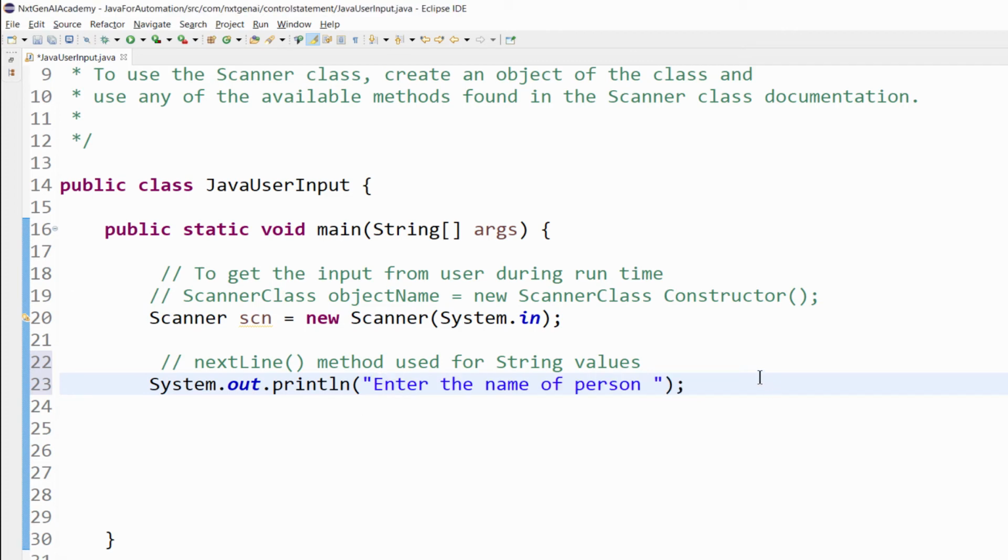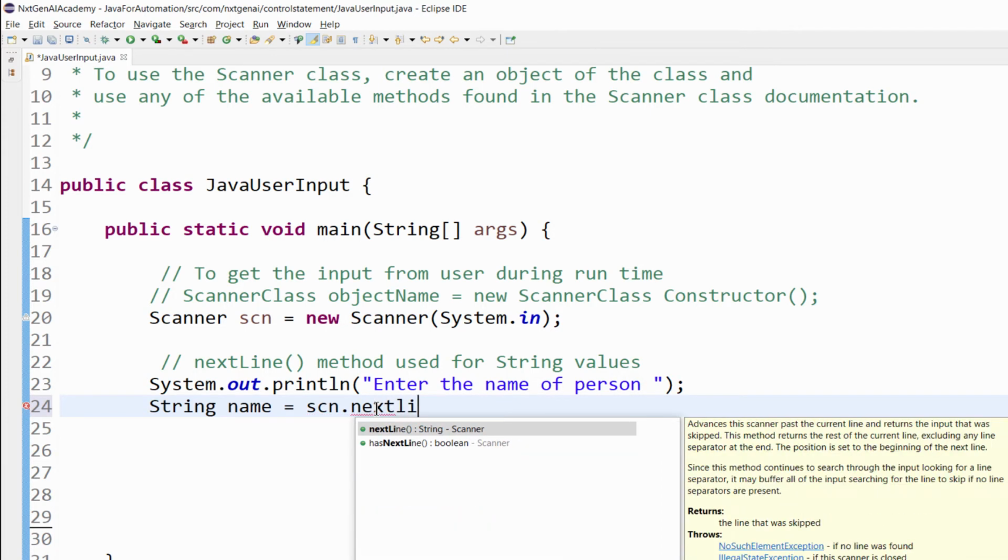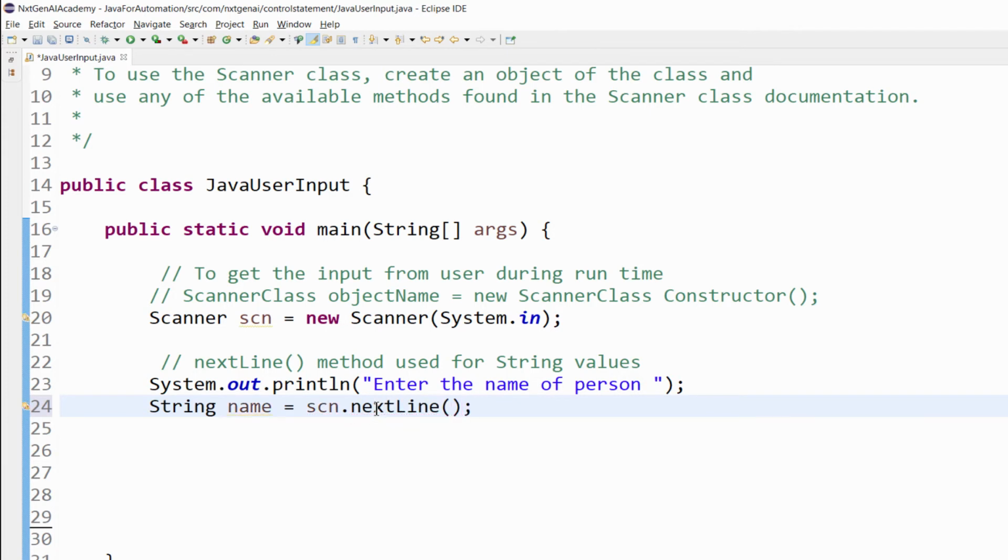For example, enter the name of the person. So this is a simple user message. The next step is we have to get the string value. So the data type is String. Now the variable name equal to name, then scn dot, the method is nextLine, semicolon.